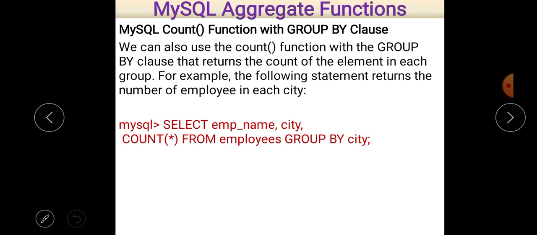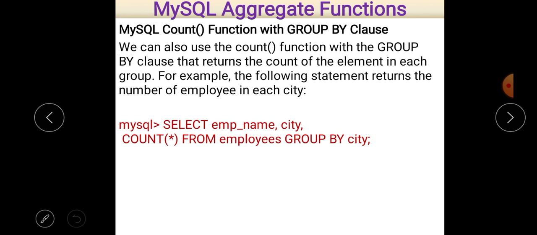Now one of the most important queries regarding count is count used with group by clause. Okay, as I told you earlier in our previous lecture that when we use group by, there is a compulsion that aggregate functions are always used.